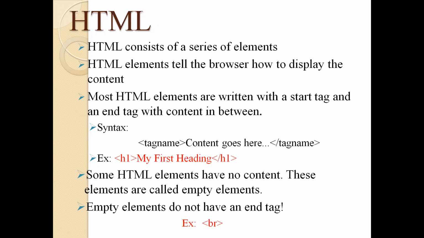For example, if you are writing a poem, we need to have breaks at particular points in our text. And if we are writing some address where we need some division in the lines, at that particular point we are going to use this break tag. So whenever we want to represent an address, we need to represent street name, break, and then district name, break, state name, break, country, break, pin code.